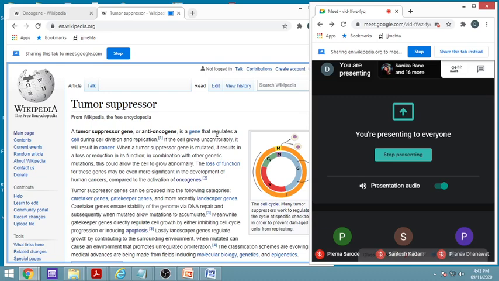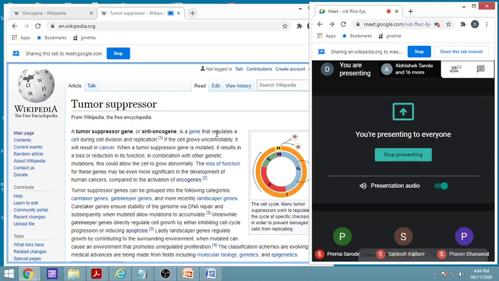They are classified in two categories. It is again not a very official classification, but it is based on three categories. One is called the caretaker gene, another the gatekeeper gene, and more recently one more category has been proposed by scientists, called landscaper genes. So what are their jobs? Caretaker genes ensure the stability of the genome via DNA repair, and if mutated, they allow mutations to accumulate. So they take care of the genetic material, and we will see that the mutations accumulate